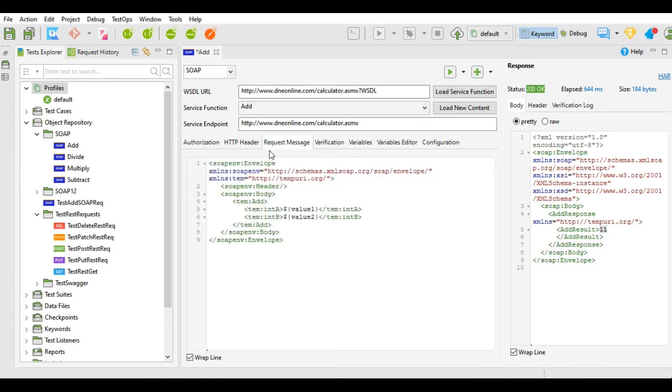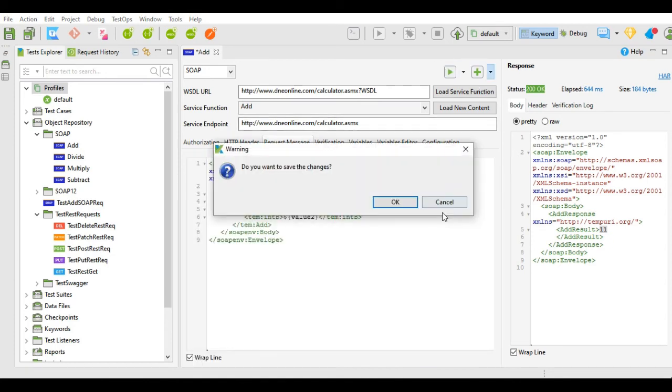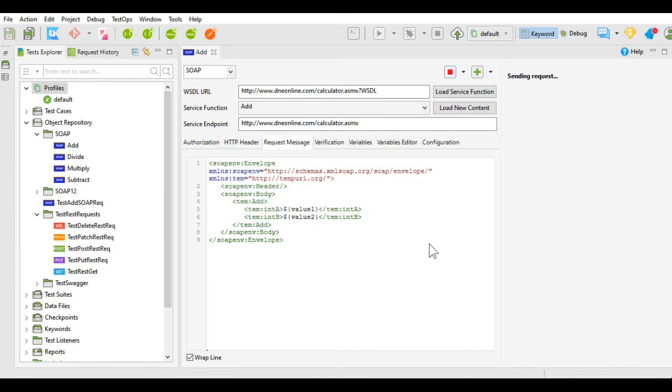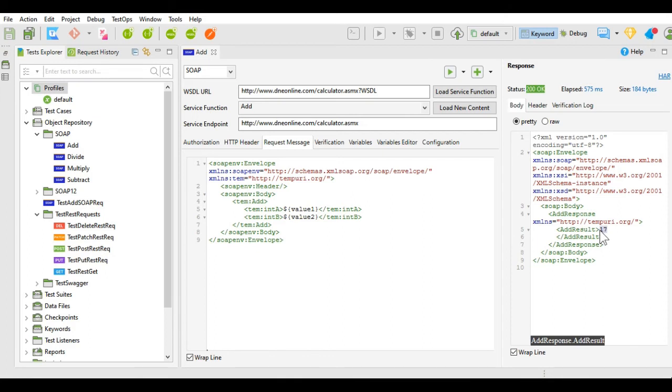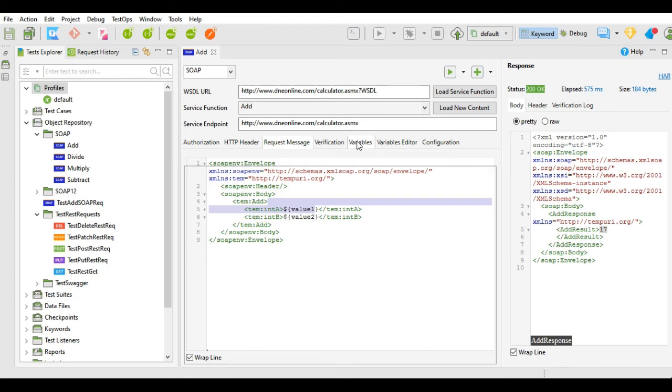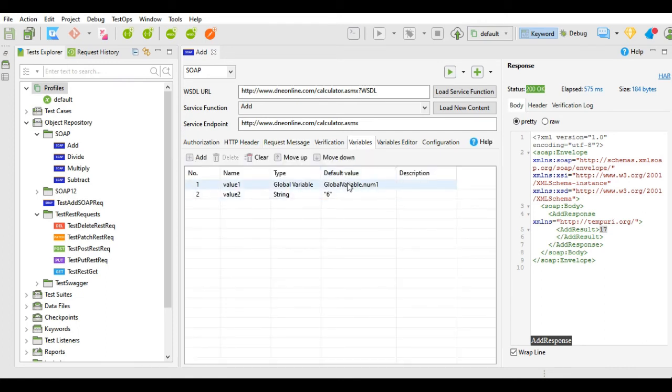Let's check this. And the addition is shown over here that 11 plus 6 is equal to 17. So it has taken value 1 from global variable and value 2 from the local variable. This way you can work with the global and local variables.